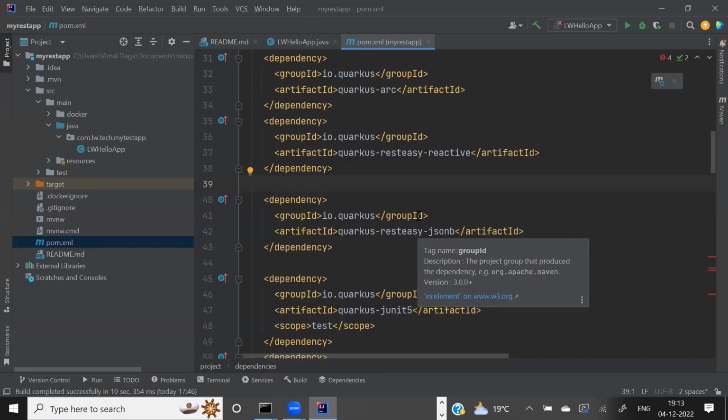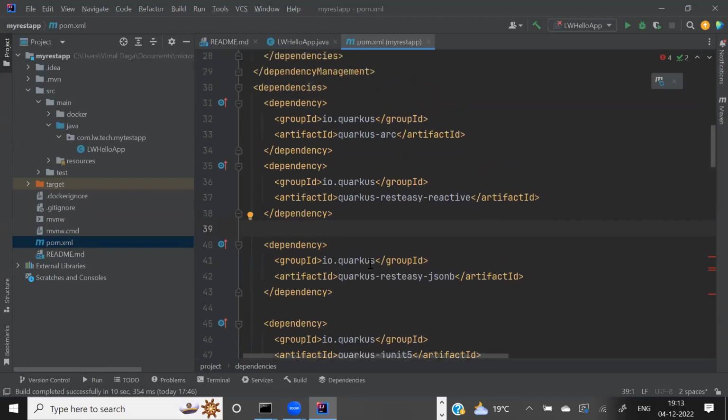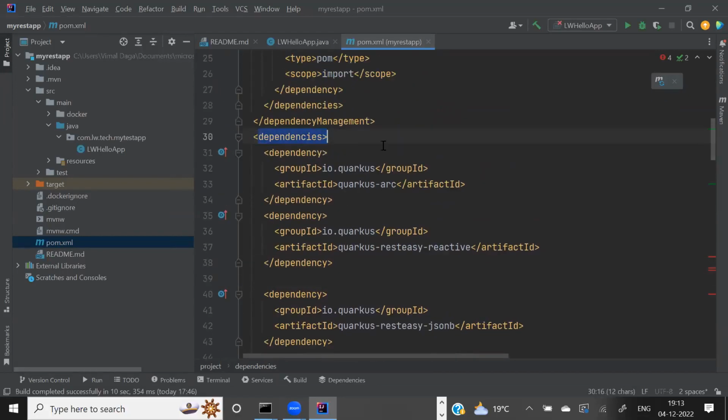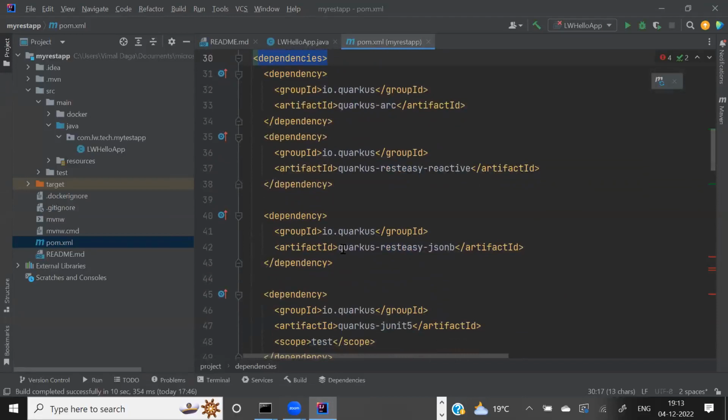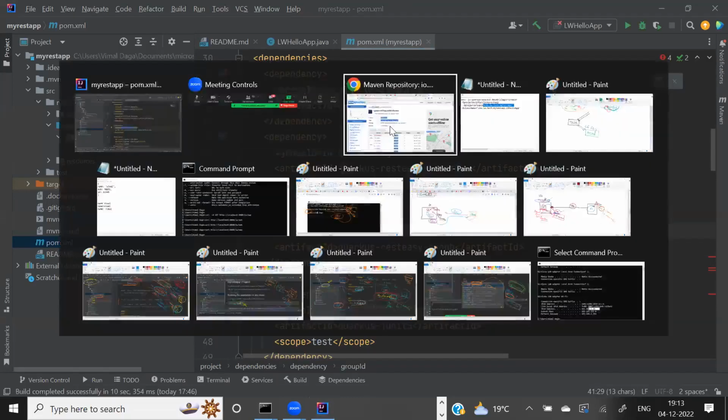Okay. So this is one thing. Maven's responsibility is, if you need more functionality in Quarkus, you need more extensions. Every extension is like one artifact, one library. Depending on the requirement, you have to download this library. And who will download it for you? Maven. Tell Maven, I have dependencies, I need more libraries. So copy this code as it is and tell the name of the library and which group it belongs to.